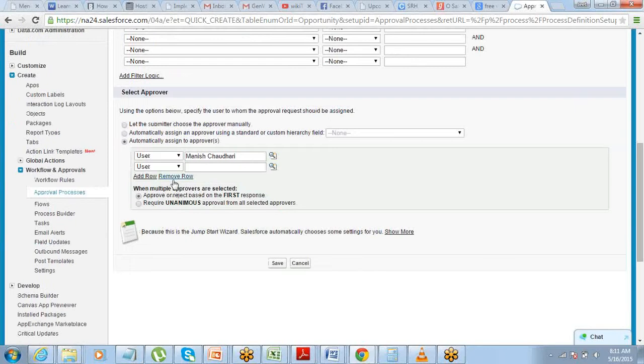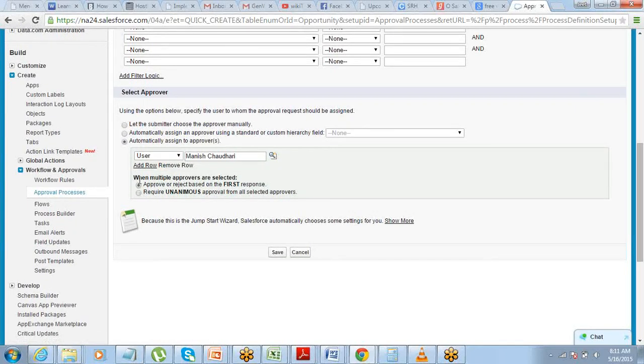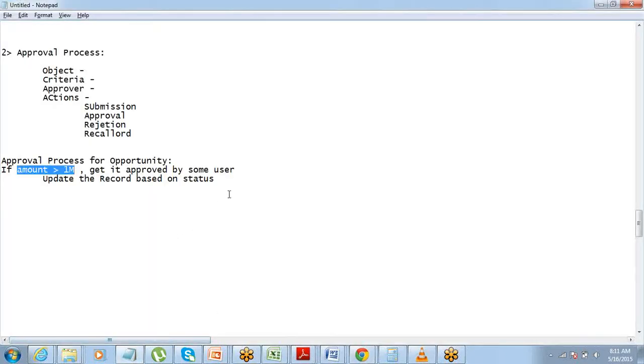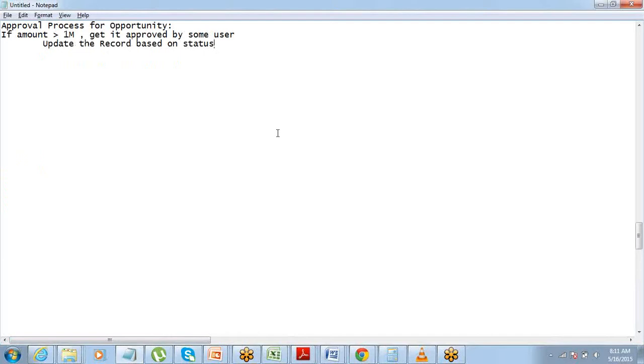Okay, but if you have multiple approvers, then you have to choose one of these options. When multiple approvers are selected, approve or reject based on the first response. So you can have two scenarios. Let's say for my opportunities, for this logic only, I have two approvers. Let's say we have Nirupa as an approver and we have Pearl as an approver. Okay.